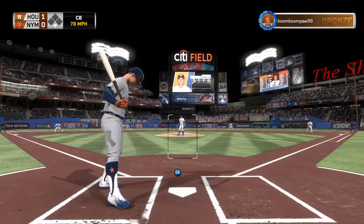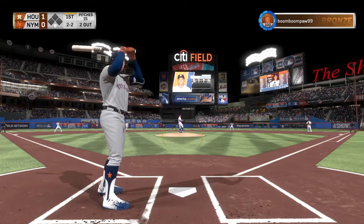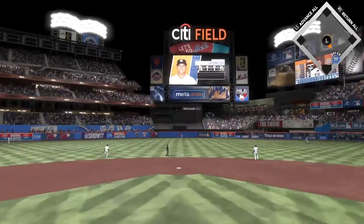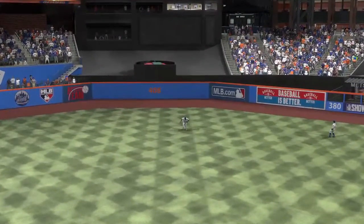And he'll lay off the curveball that's in the dirt that time, and it's back to even now at 2-2. He executed that 1-2 curveball pretty well. I think that's right where he wanted it to end up, but he couldn't get him to chase at it. And we'll have to leave it there as the play is made here to...